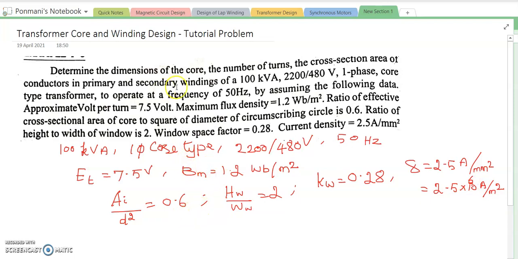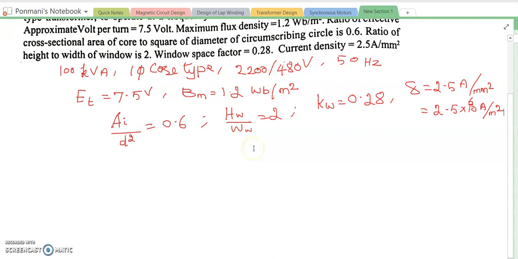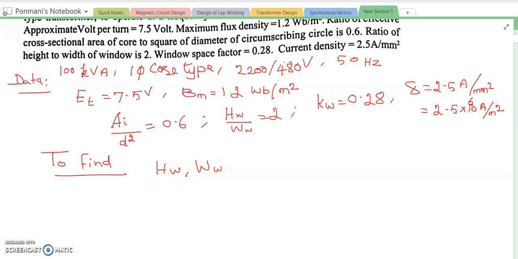So with this given data, first we have to find dimensions of the core and dimensions of the winding. So these are the data given, and this is to find dimensions of the core. Dimensions of the core are height of the window and width of the window. These two we have to calculate as dimensions of the core, and